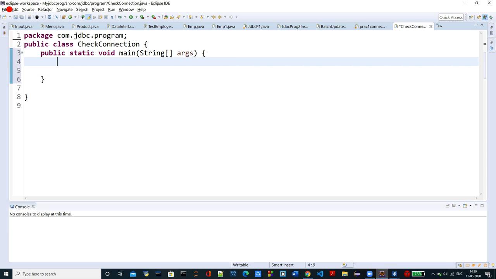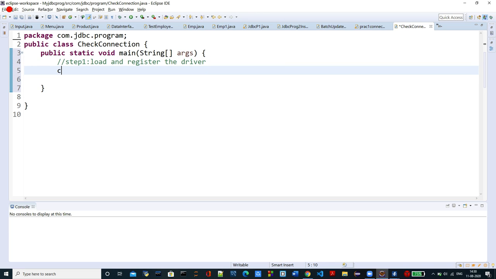So first of all, I need to load the driver. I'll write the steps. Step 1, load and register the driver.